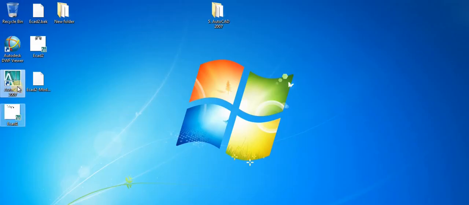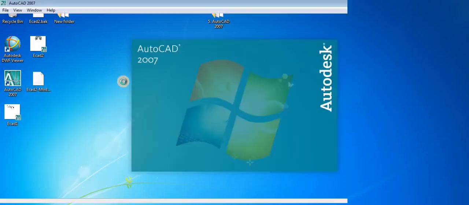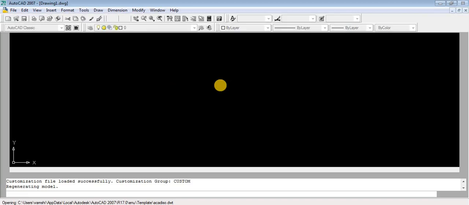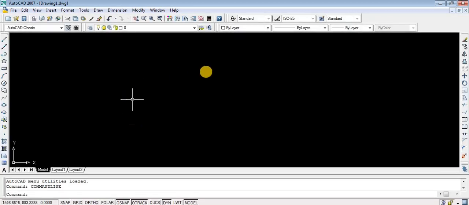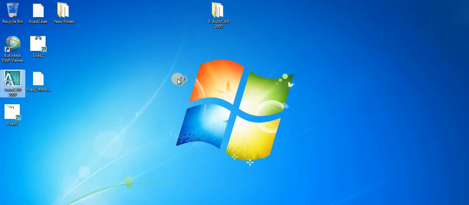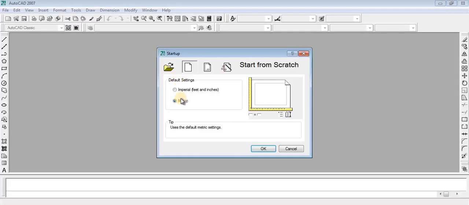Let us check. Close and open. Software is opening. See, now this startup dialog box is not asking, so we don't want that. Startup, enter, give 1, enter. Now close, open. It will ask the startup dialog box. You have to select this metric. This is the first step,